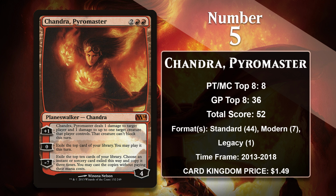At number 5, it is Chandra, Pyromaster. She's a spell payoff as a result of her ultimate, which lets you look at the top 10 cards of your library and cast an instant or sorcery spell from among them 3 times without paying its mana cost. She also has a 0 loyalty ability that does the red impulsive draw thing, which means she can be a source of card advantage every turn, and a +1 that lets you kill small things, damage your opponent, and make creatures unable to block,